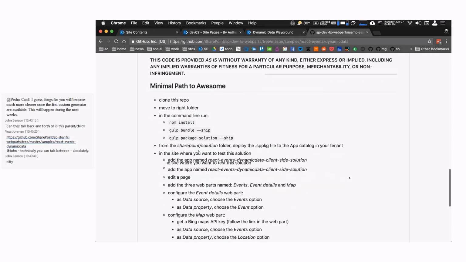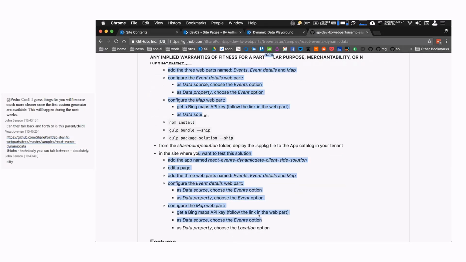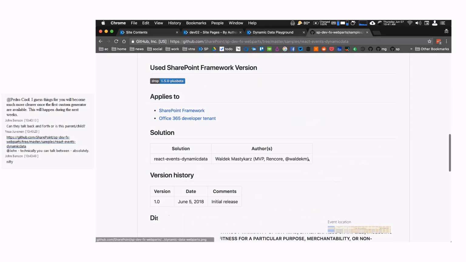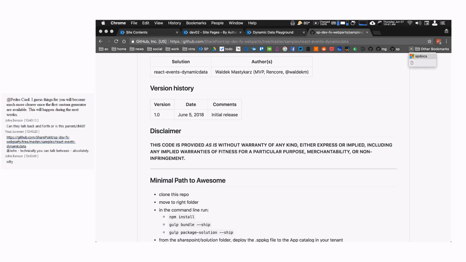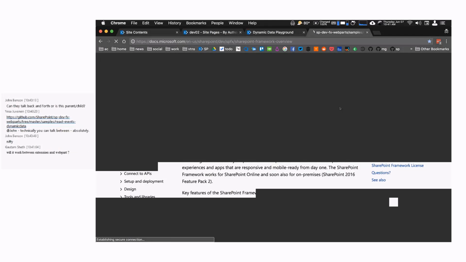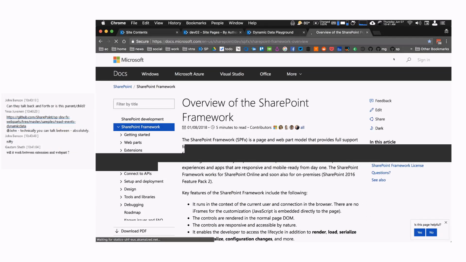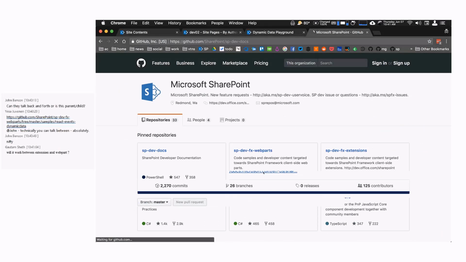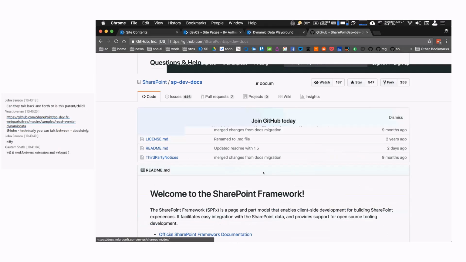It talks about how to set it up and all that. So with that, oh, and one more thing, actually. Let me find, if you go to SP Dev Docs, I'm sorry, let me jump back over to the Dev Docs. If I look at the release notes really quick,